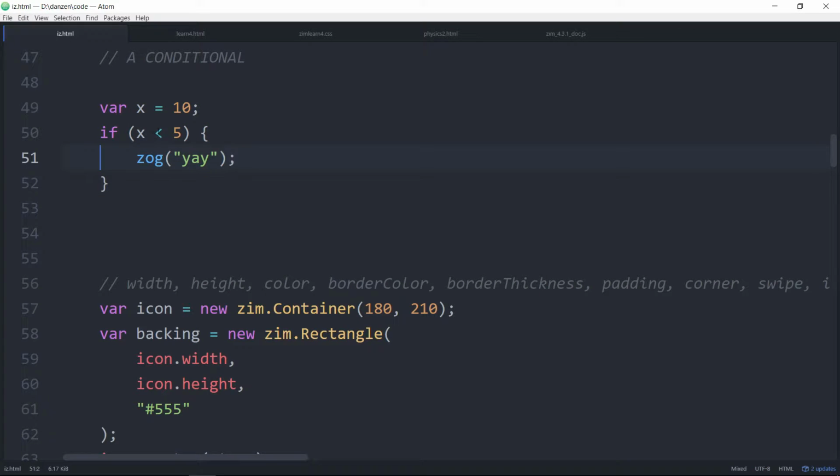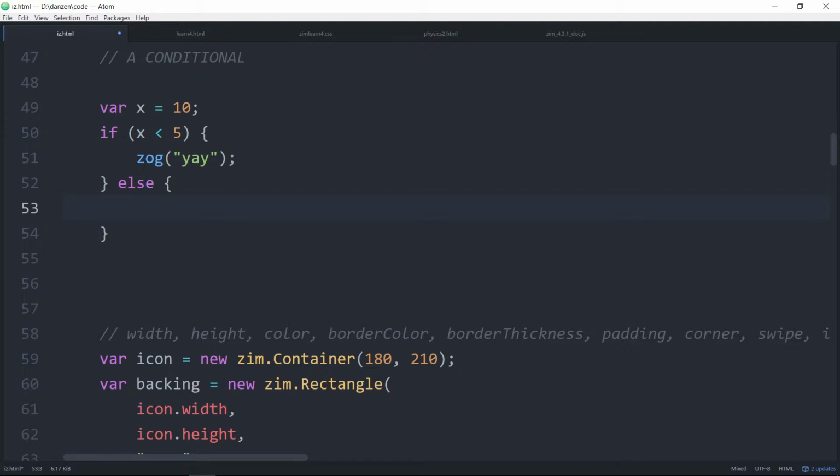Okay, the else would work. So let's keep less than 5. Else, we will say boo. It's just a bit of a negative thing, and sometimes it's hard to concentrate on what you're doing. Not to discriminate against small numbers, but anyway, x is 10, and if x